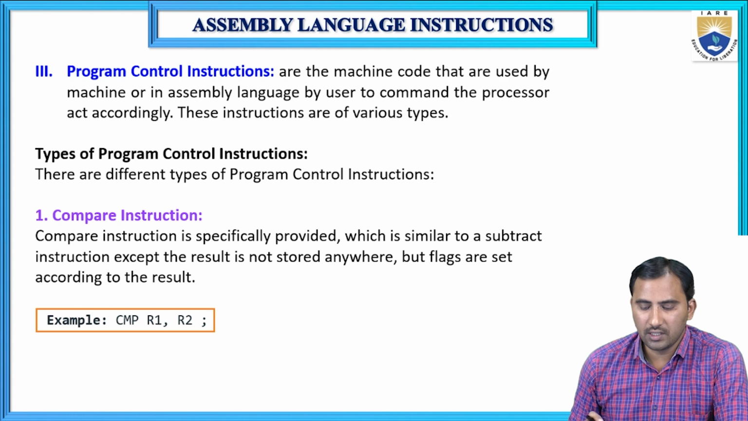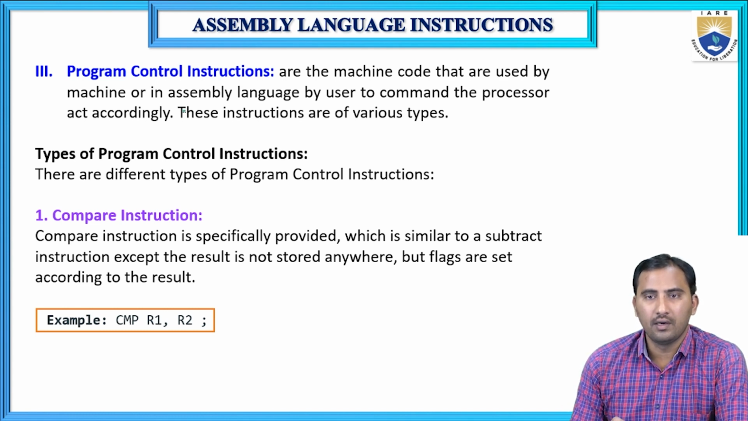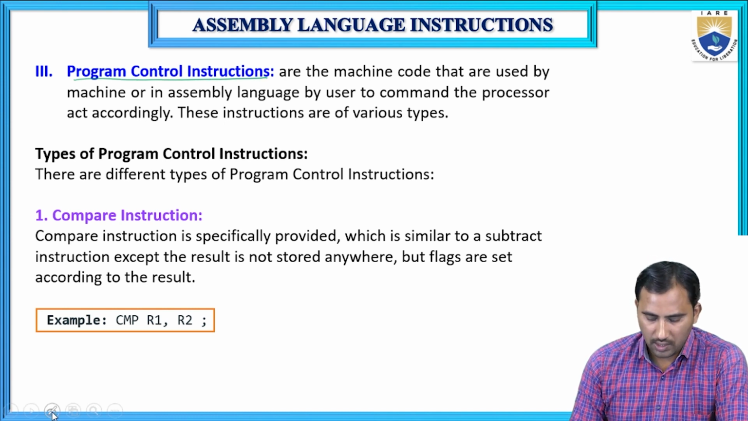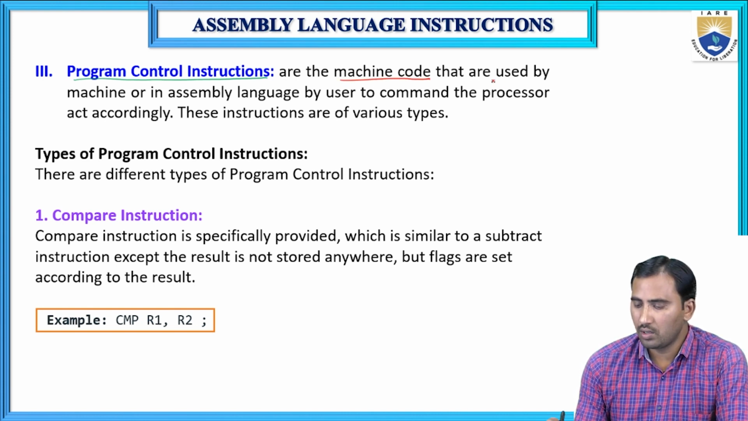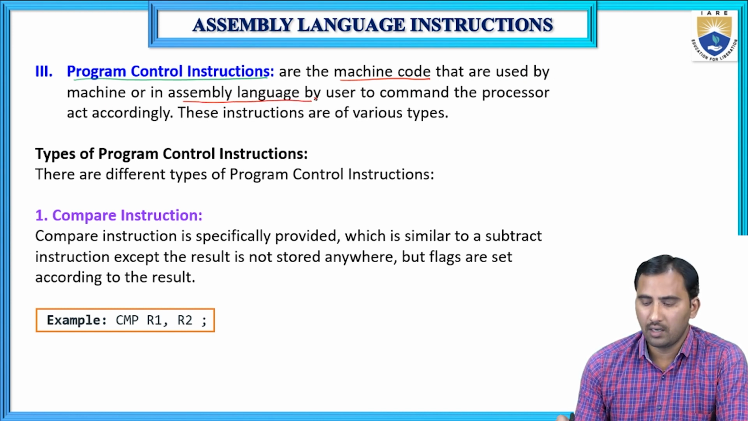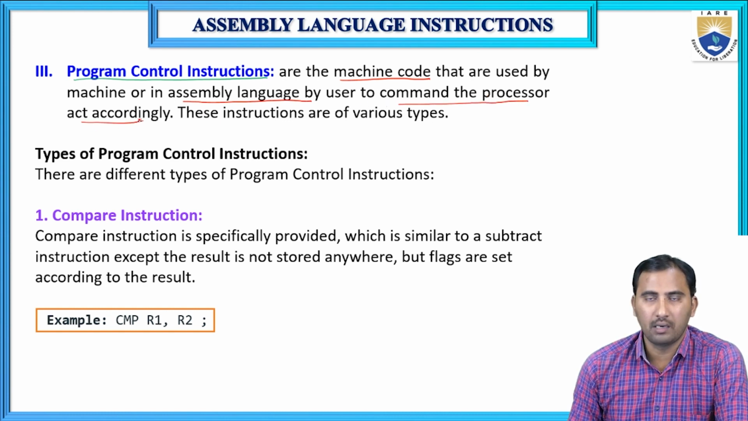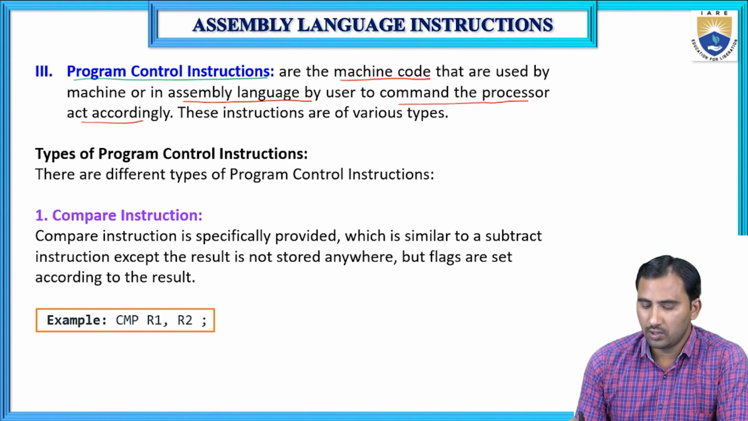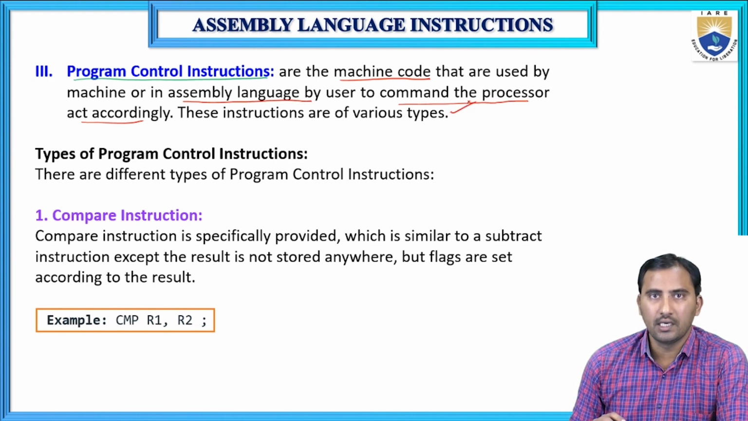Okay. So the next one, the third type of instructions, are the program control instructions. Program control instructions are machine code, or assembly language used by the user, to command the processor to act accordingly. That means by using these program control instructions, we can control the program execution. These are classified into different types. In that, the first one is